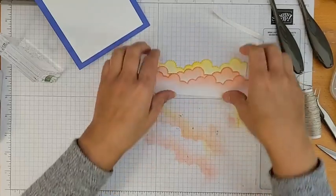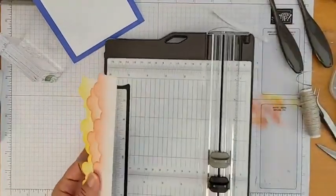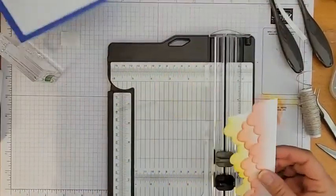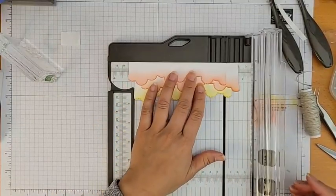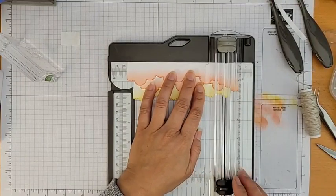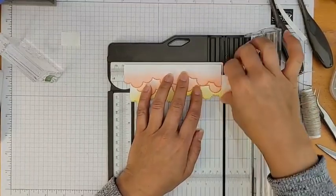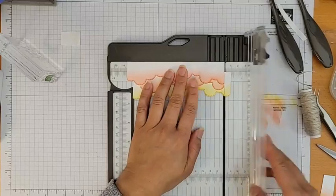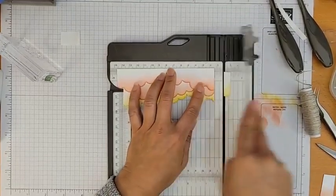Okay, so now I'm just going to take my paper trimmer, and because I can't line this up with the bottom, you can't see the bottom, so I'm going to line it up with my top. So here is the edge of my clouds. Oops, it didn't quite cut through there. I have to do that again. There we go. Okay,